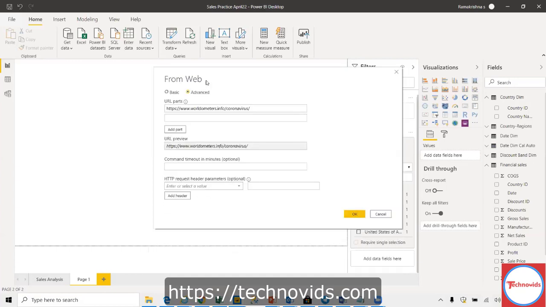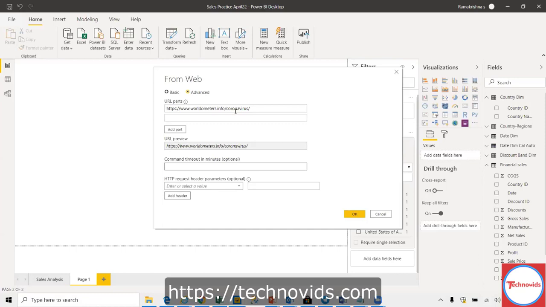You have certain options here. If the website is not responding, how long do you want to wait, 1 minute or 2 minutes? That's the timeout part. Sometimes there will be one main URL and then sub URLs, and that you can also give. This is a bit technical, so I will leave it for now.